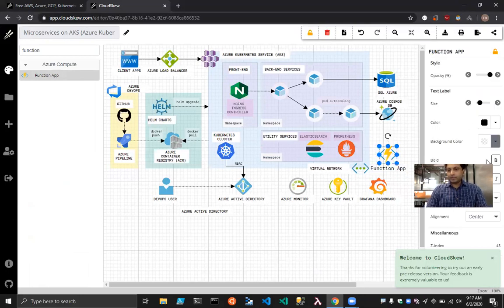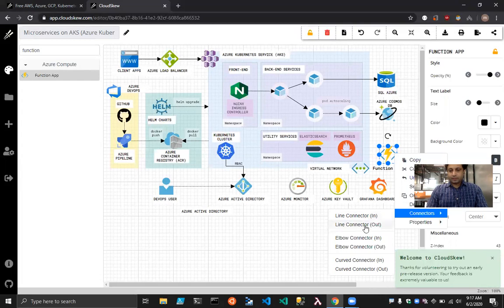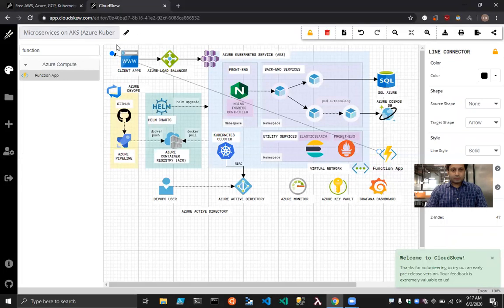And we can style the text as needed. So let's reduce the size of the text, make it a bit bold, and let's connect it up to Azure Cosmos DB. So we can say connector line out, connect this to Azure DB, right?